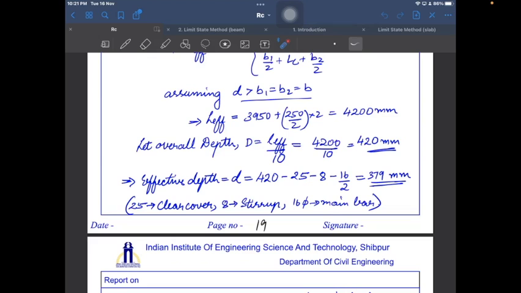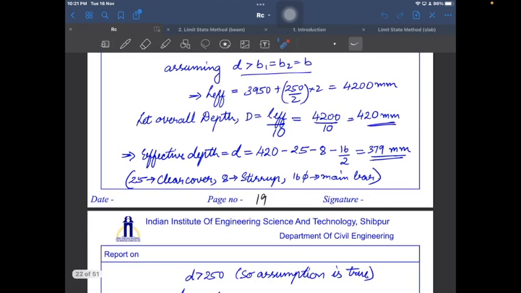Okay, I have taken 10, so I have got 420 mm as my overall depth. And then now we have got effective depth. Effective depth is D, 420 minus 25 minus 8 minus 16 by 2, because 25 is my clear cover